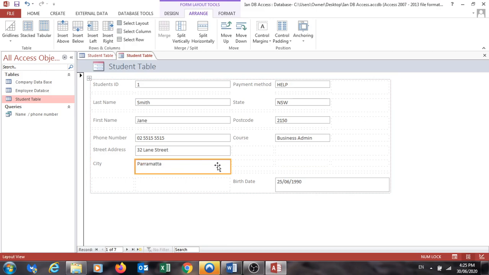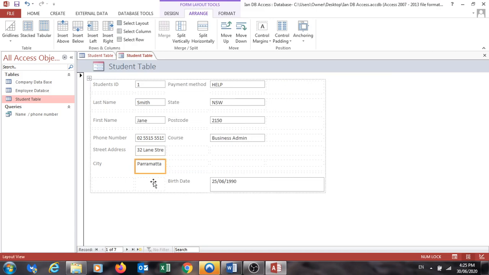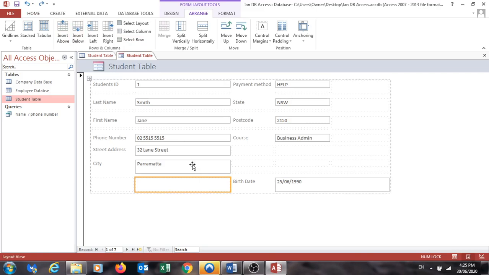And I'm going to shrink this. And I'm now going to bring the postcode